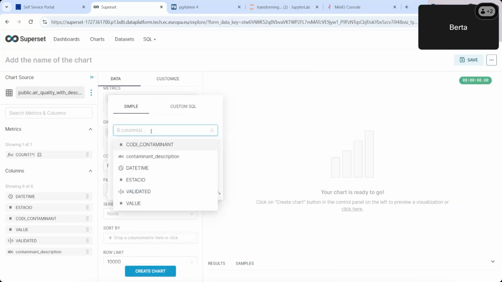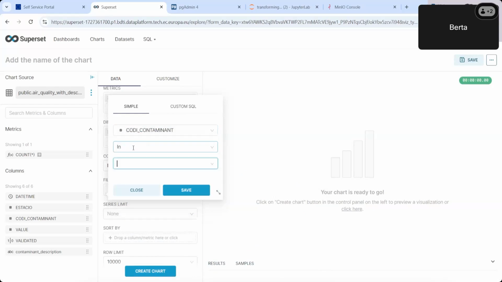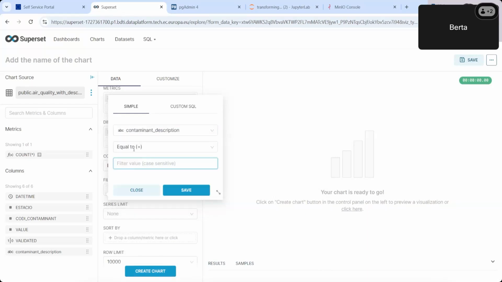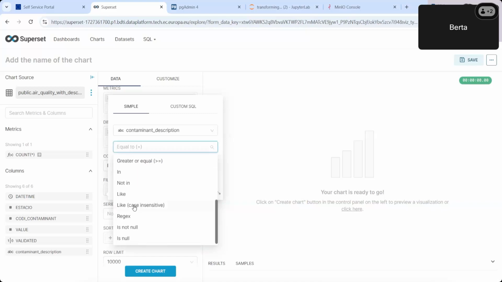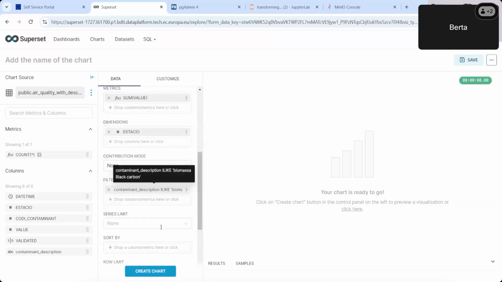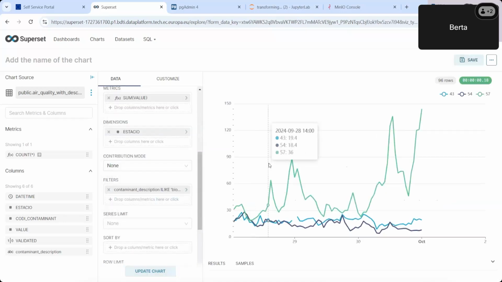So we can do that the code is equal to and the number, or we can take advantage that we now know the description of the pollutant, so the text field like and the value that we want. So we save and create the chart. And now we will see the value of such pollutant per station in the different time.